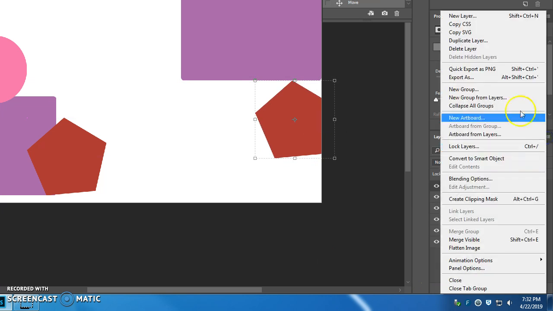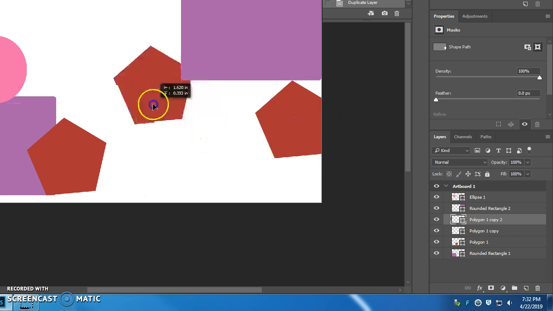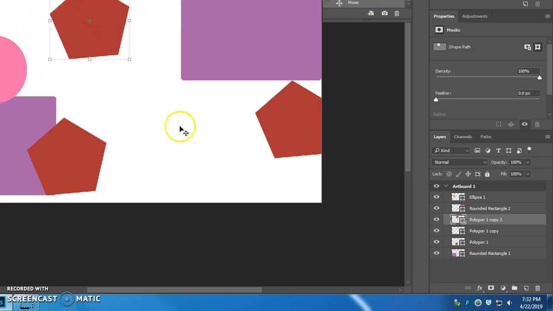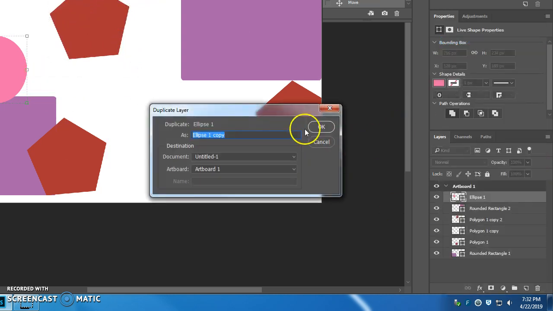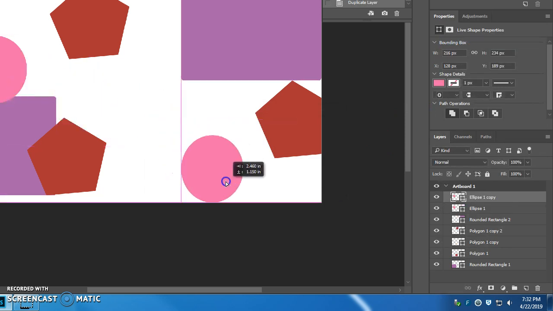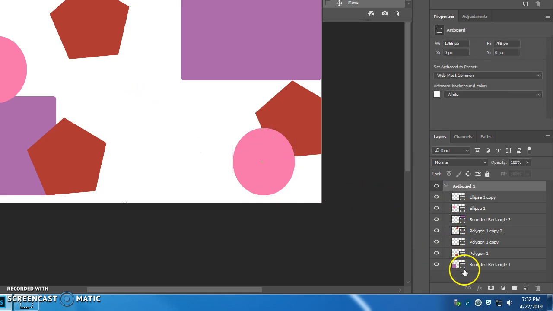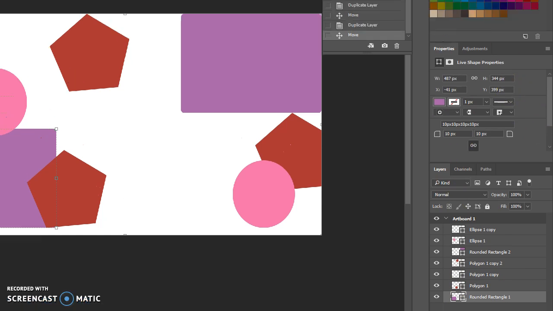So I'm like repeating different elements, but putting them in different places. So again, duplicate layer, say okay. Now I have 3 of them, and I could put another one over here. Maybe over here. I want some more pink circles, so I'm going to duplicate the layer again, say okay. And I can put this one over here, and because it's on the top, it's going to be over the rectangle. And then maybe just for fun on the back layer, I want that to be like a soft yellow. So I'm going to pick out